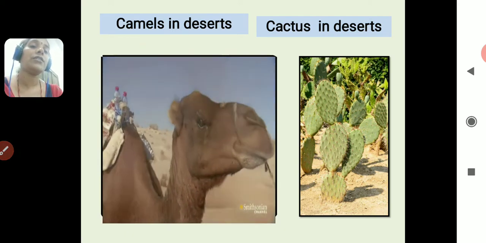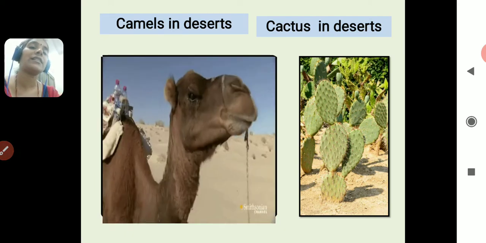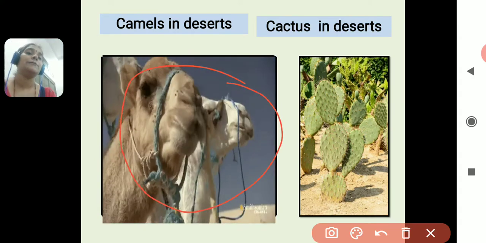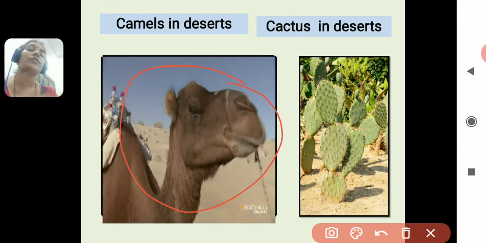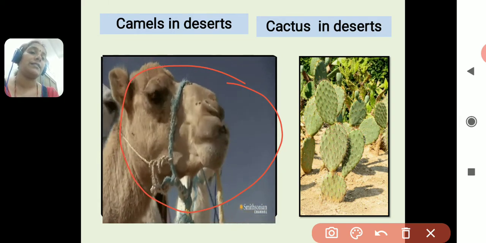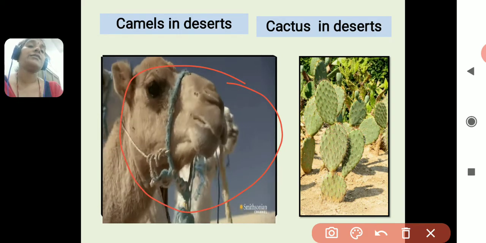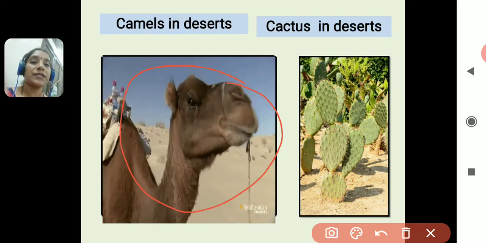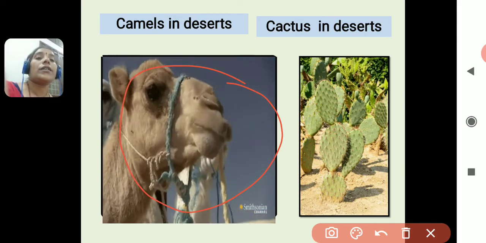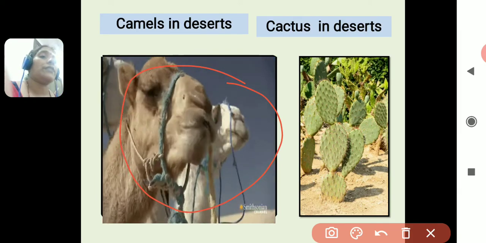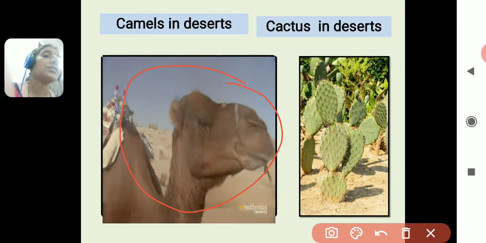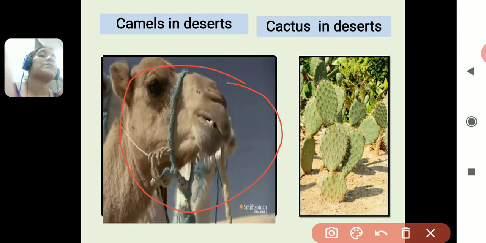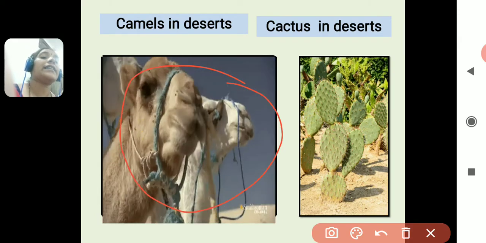Can you identify it? I hope you can identify it easily. It's a camel. What do we call them, students? Ship of the desert. It has so many features or qualities which help it to survive in the desert. Now, if we talk about the plants, plants in the desert also have some specific qualities, like